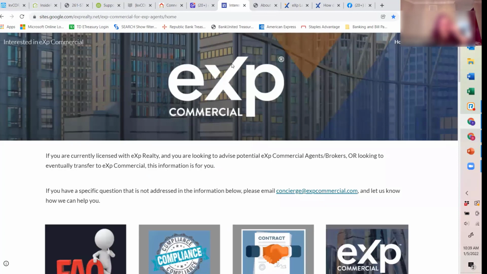Understand that if you are a residential agent that is looking to sell commercial real estate, so just commercial property, you are fine to do that in the residential space. But if you want to add business brokerage opportunities into your portfolio, that puts you into the commercial space. You cannot be a commercial agent and a residential agent at the same time. It's one or the other. So if you are considering a commercial presence, this is a good place to go to start to get some